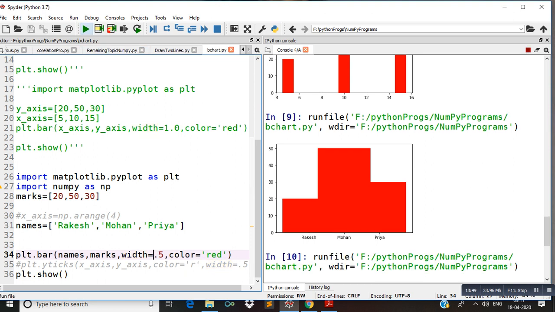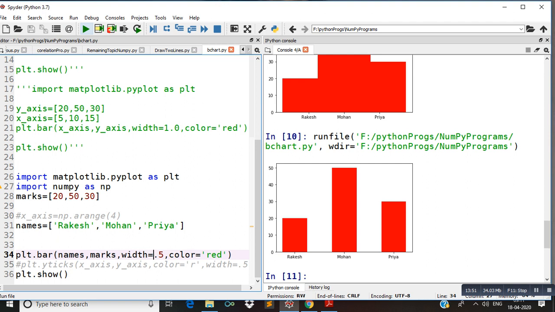And in the previous program just one more thing is left, that I am going to explain.